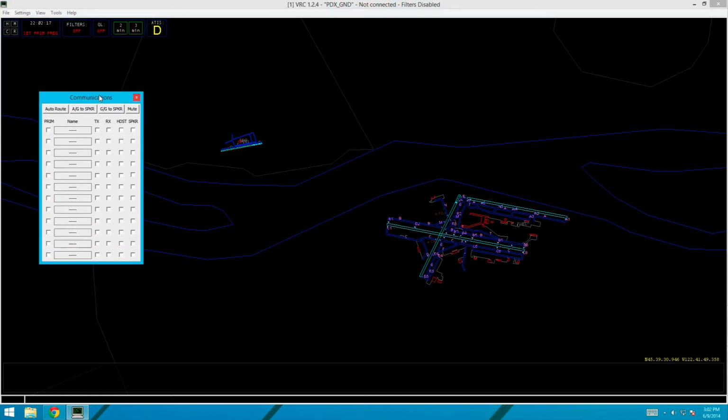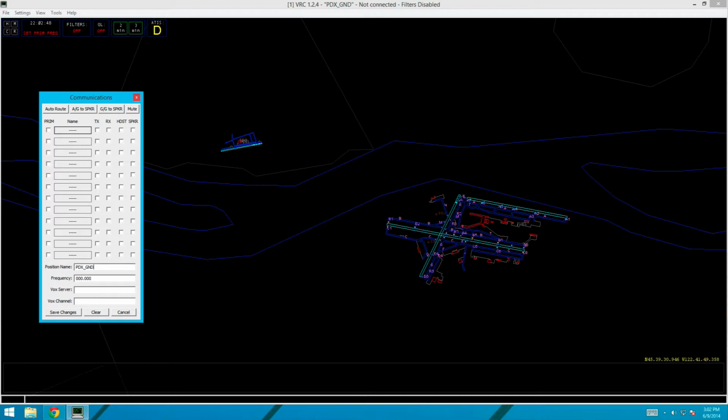This is the crucial part of setting up how to talk on the frequency and how to come up as a controller. So to get started, you're probably going to be working Portland ground. So you'll want to go in your communications window, click one of the boxes under name. Since the first one is available, we're going to click it. And then we want to end up posting information on there. Under the position name, it will want to be what your position is. So if we're going on as Portland ground, it would be